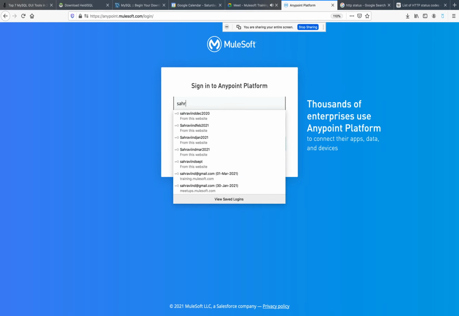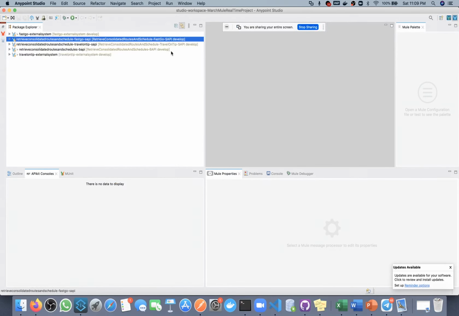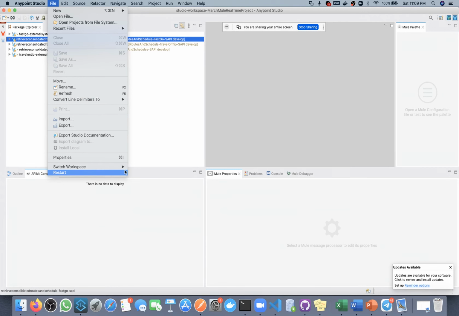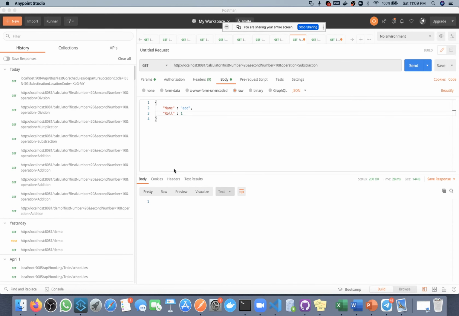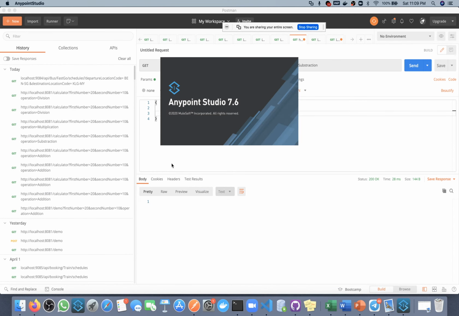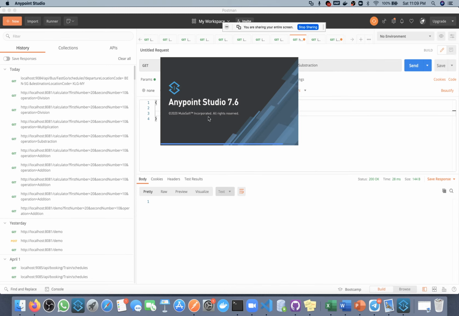Okay, before this, let me go to the last application we developed for calculator. If you remember, in the last session we created one API, that is our calculator API.